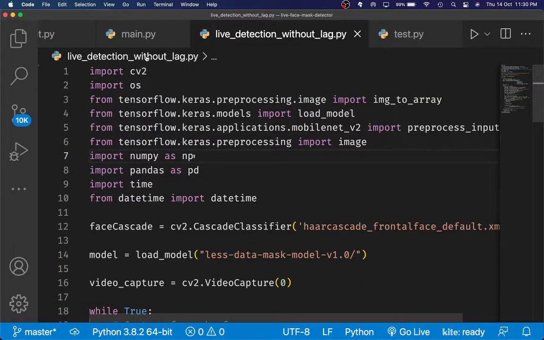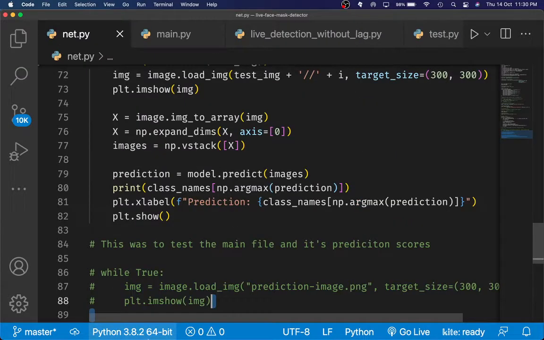Now let's actually walk you through the code. The first file that I'm going to walk you through out of this entire thing is the main one, the brains of this project, the neural network. As you can see, this is the entire neural network that I went with. I have commented out a lot of this code, and I will explain to you why I have done that.